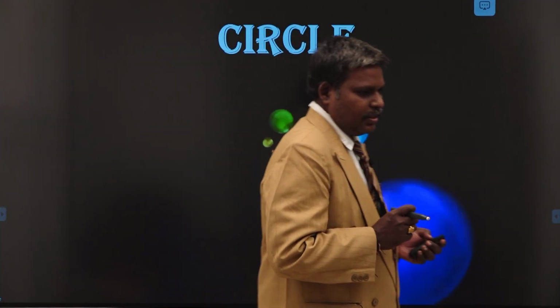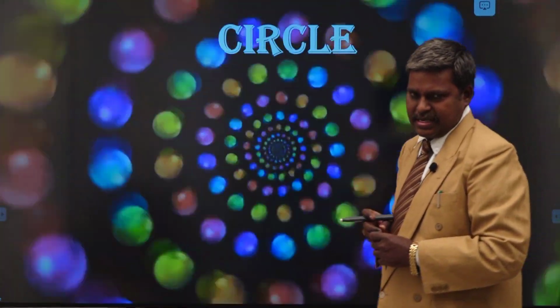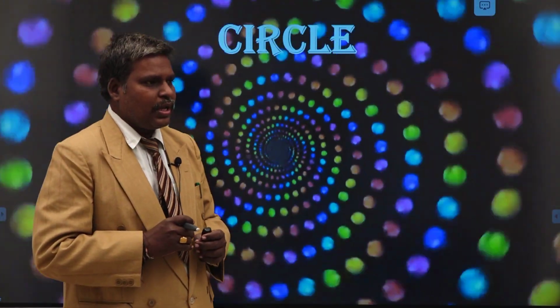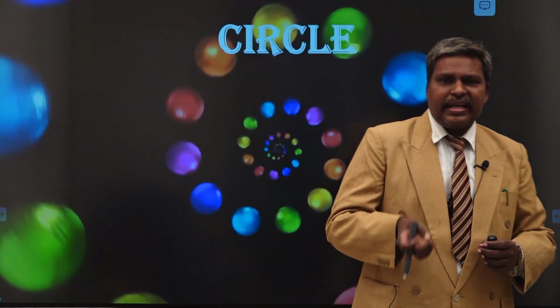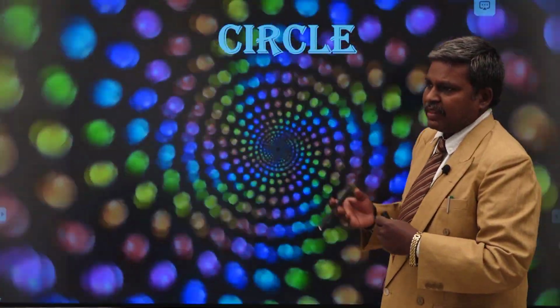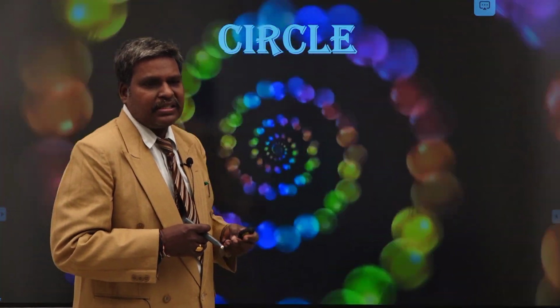Hello students, in the previous class we discussed the general tangent of the circle S equals 0, that is y plus f equals m into x plus g plus or minus r into root of 1 plus m square. And how many tangents can you draw from an external point to the circle? We mean the number of tangents drawn from the given point to the circle. If it is outside, 2 tangents can be drawn. Inside, no tangent can be drawn. If the point is on the circle, the number of tangents is 1.